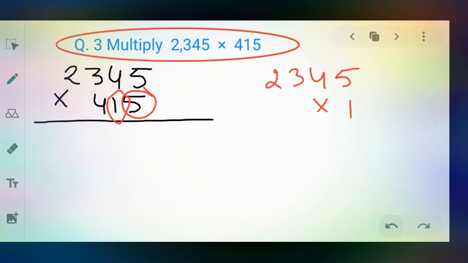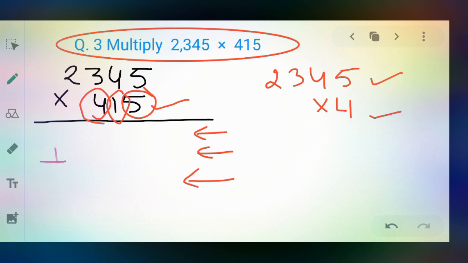Clear? Now after that you have to multiply by the next digit, that is the 100 place. So if you want to multiply by the 100 place, you multiply this number by 4 and you get here a number, which you write after that. Means you write 3 answers here. The first answer you get after multiplying by 5, the second answer you get here after multiplying by 1, and the third answer you get after multiplying by 4. Now dear student, all these answers you have to add here and you will get the complete answer. Now let's try.